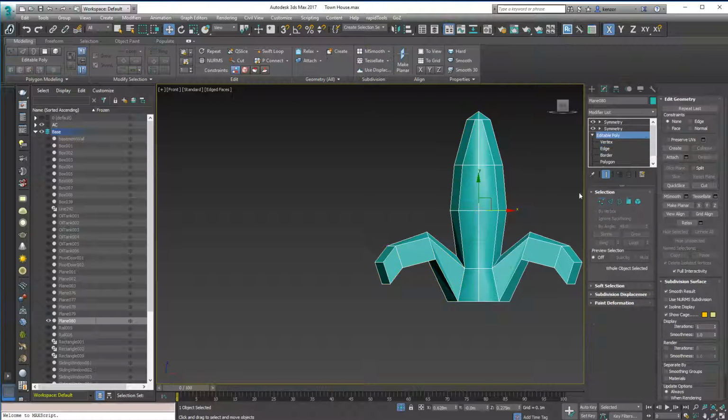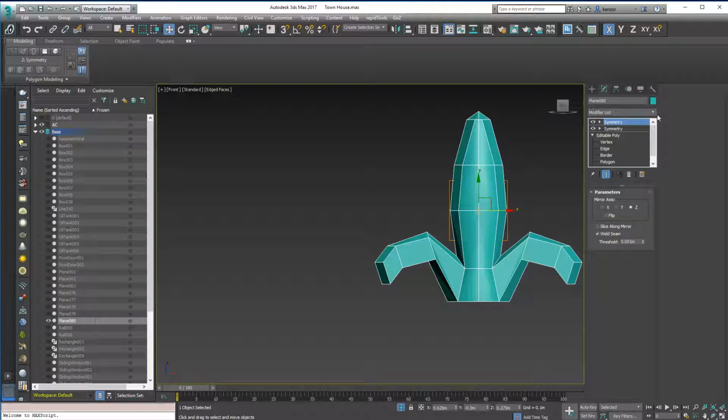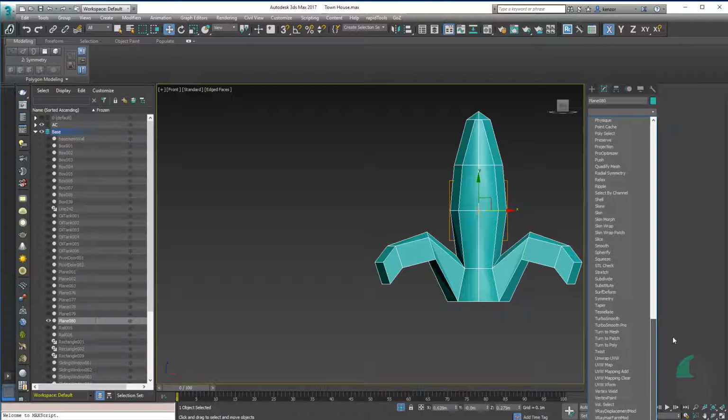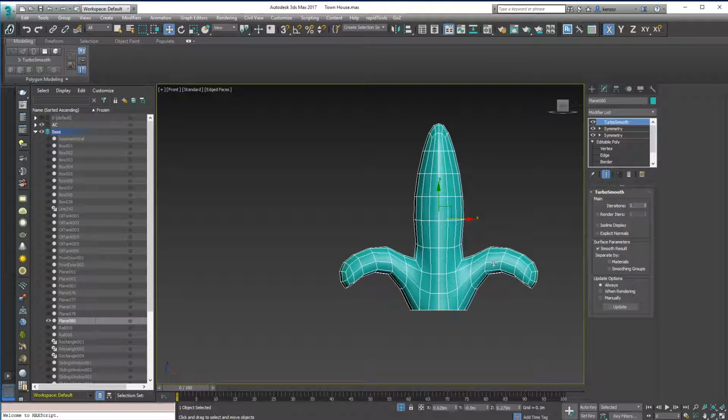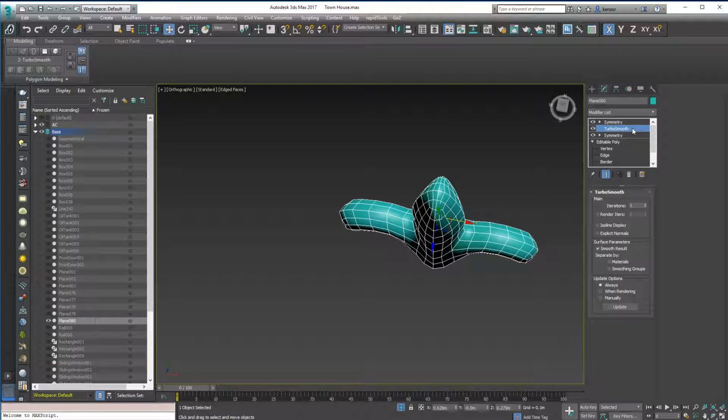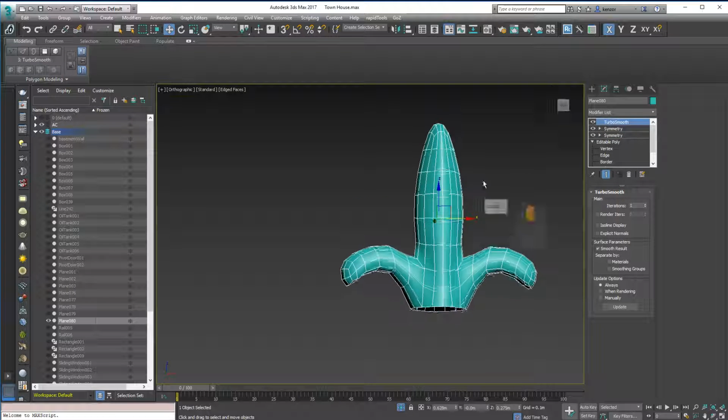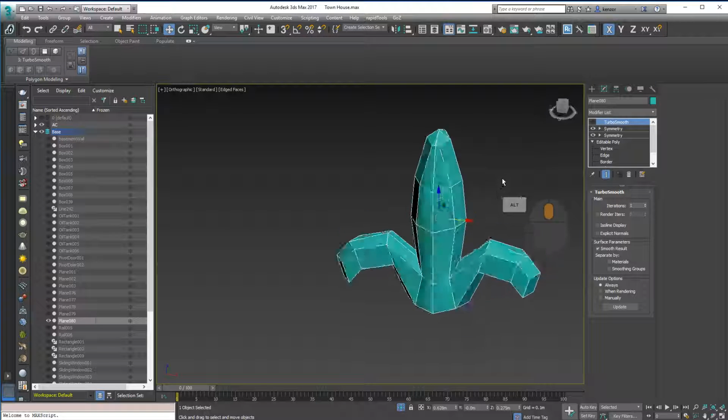Okay, so let's just add a turbo smooth mod on top. So I need to add it on top of the stack. I need to make sure that I go and select the top symmetry modifier and then add turbo smooth on top of it. If I don't do that, I need to make sure that I can drag the turbo smooth modifier into place on top of the stack, and you can see it changes very much the look of the mesh as I do that. So depending on how things are stacked, it will change the mesh in different ways. There you go. So because it's on top, it's smoothing the whole mesh as opposed to just part of it,